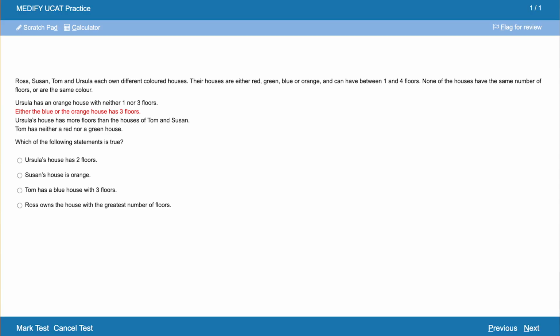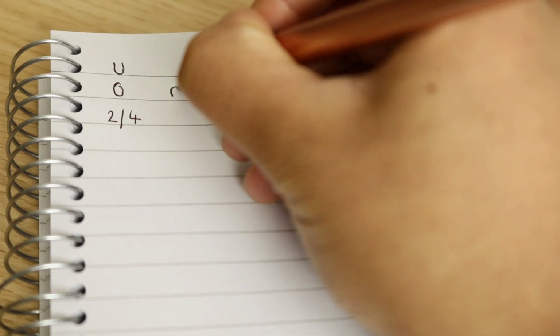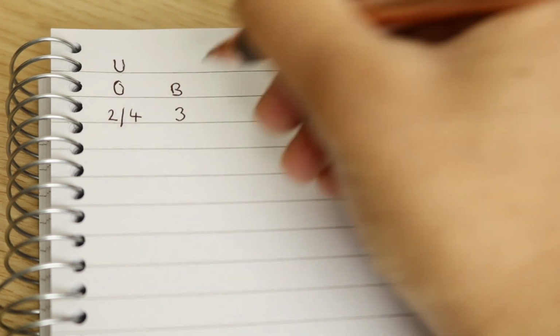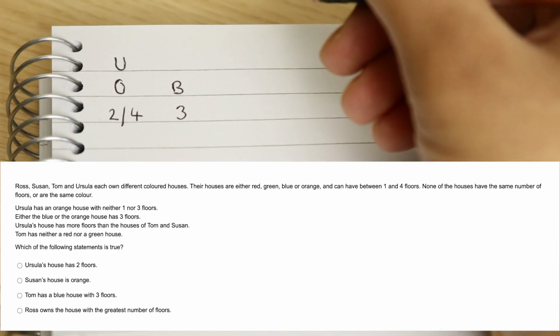The next rule reads, either the blue or the orange house has 3 floors, but in the previous line it's already told us that the orange house doesn't have 3 floors. Therefore from this we know that the blue house must have 3 floors. So next to this bit that I've already written, I would write B for blue house and then 3 underneath it for 3 floors. So let's look at the last rule where it says Tom has neither a red nor